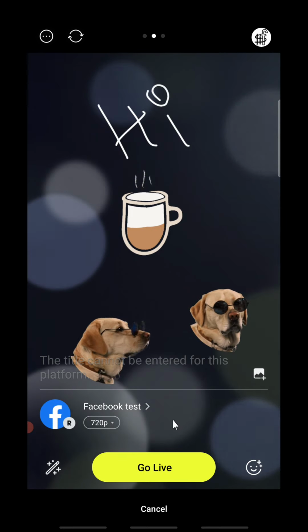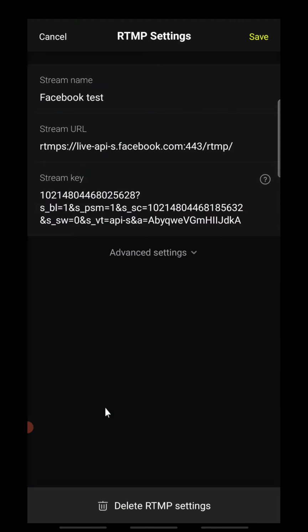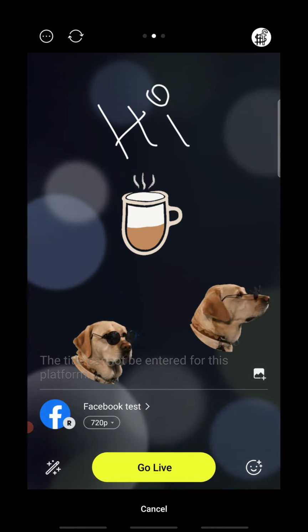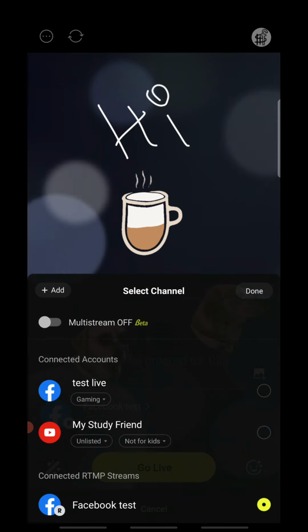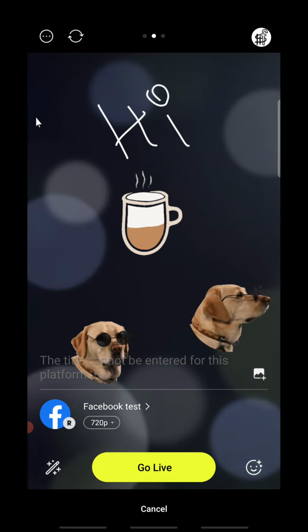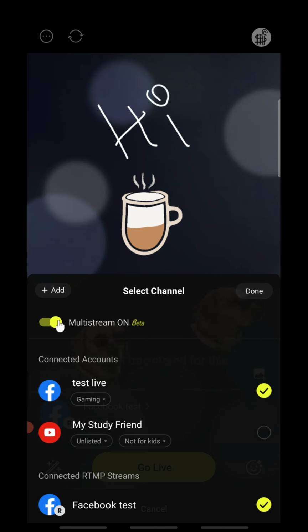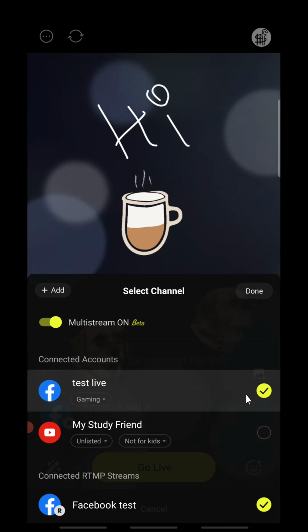But let me show you some more detail about multi-streaming. I do not want to go here. Yes, you need to press that icon here. Here different things will happen. This is one button, this is another button, this is another button. So I need to press here. After that you will have to push this button, or you will have to activate that multi-stream option on. When you will do that, you can select that.